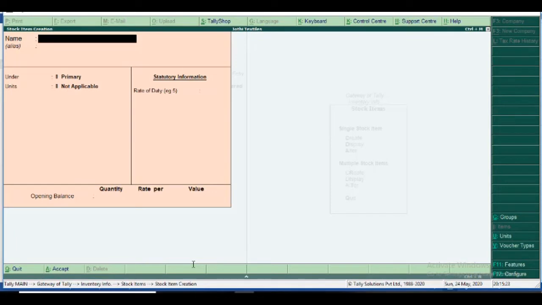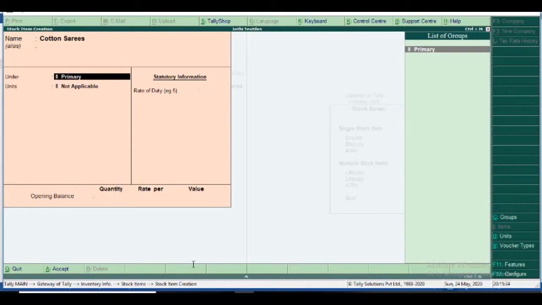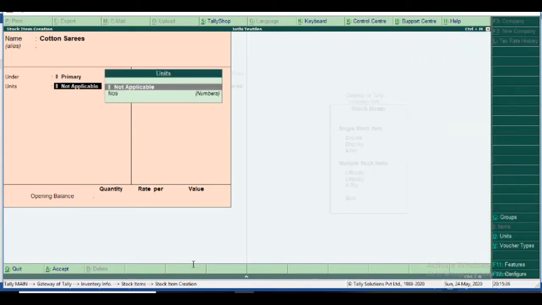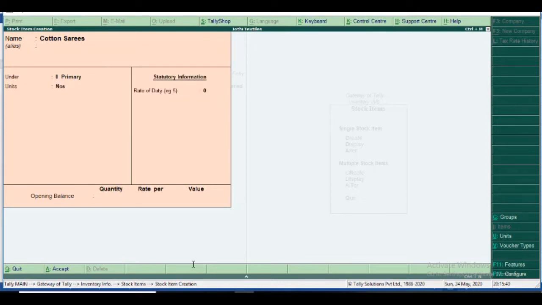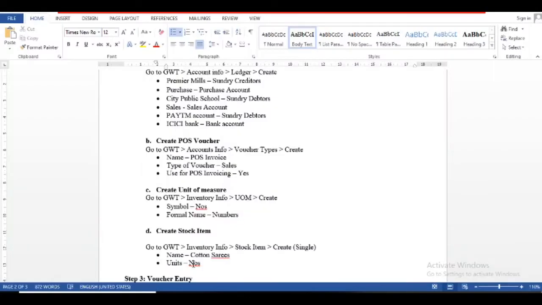The name is cotton sarees, under primary, units is numbers. The cotton sarees have no opening balance because our transactions have no opening balances, so I leave it blank. I accept to create.